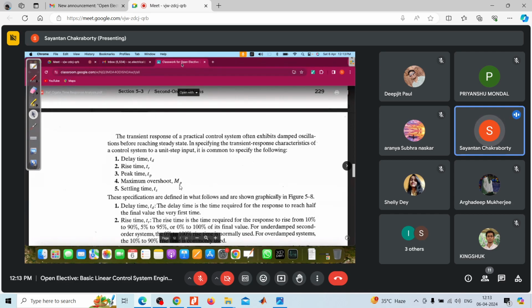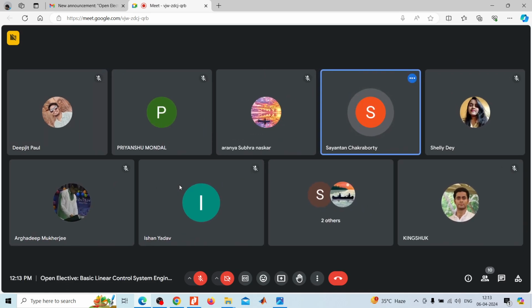And very interesting, I'll show you later that there is a compromise: what is the steady state value, and what is the type of response you're getting. It's not that you can ensure both a very satisfactory transient response as well as a satisfactory steady state performance. So there may be a scenario where you have to make a compromise. So what is then the theory behind that? That is what we're going to